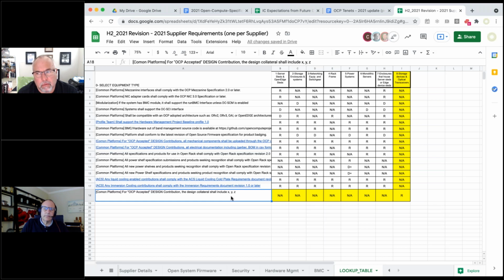Well, if it's inspired, it's not very much, right? It would be pretty minimal. If it's inspired, there's nothing, because there's no design collateral needed. But if it's accepted, the question in my mind is what is useful to the community for a storage device or an optical transceiver? Is there something that is beneficial to the community?